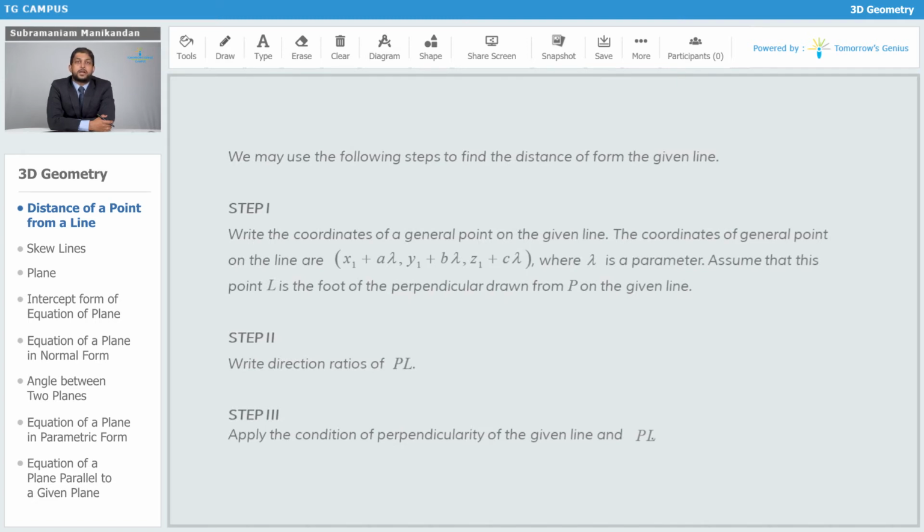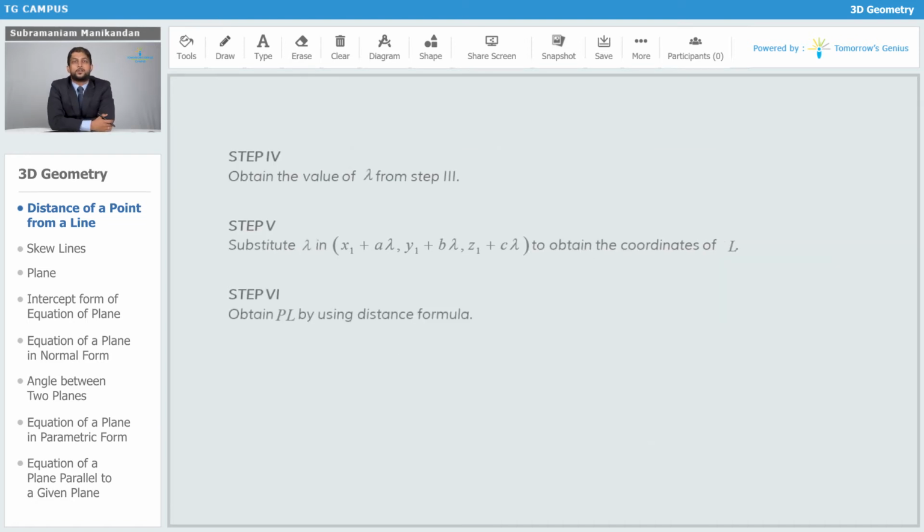And we apply the condition for the given line and PL to be perpendicular. That is, the product of the respective direction ratios in the x, y and z directions added together gives us 0. So doing that, we get the value of lambda,